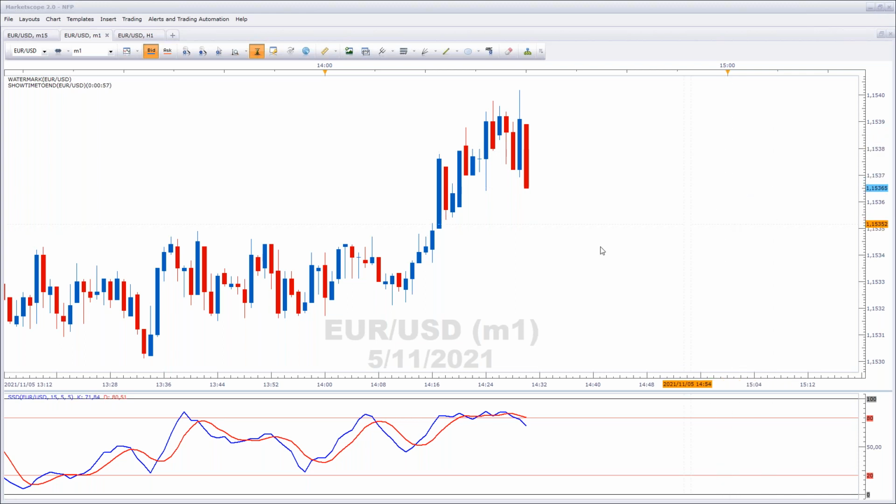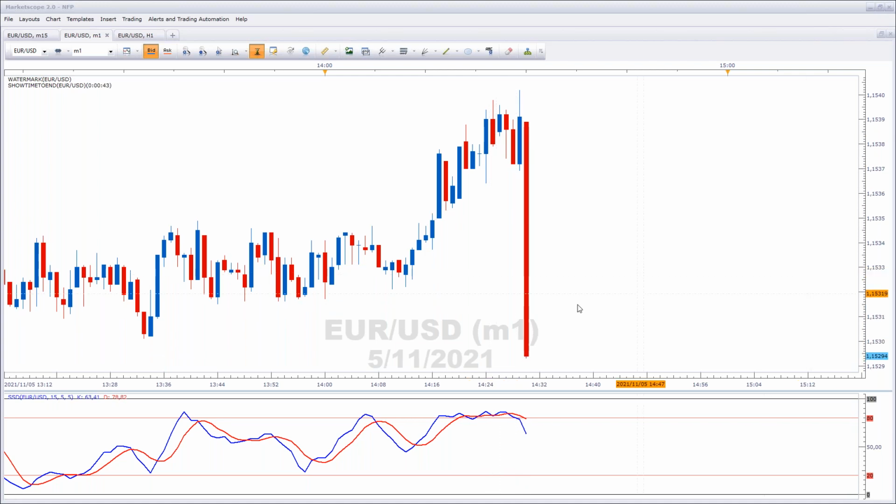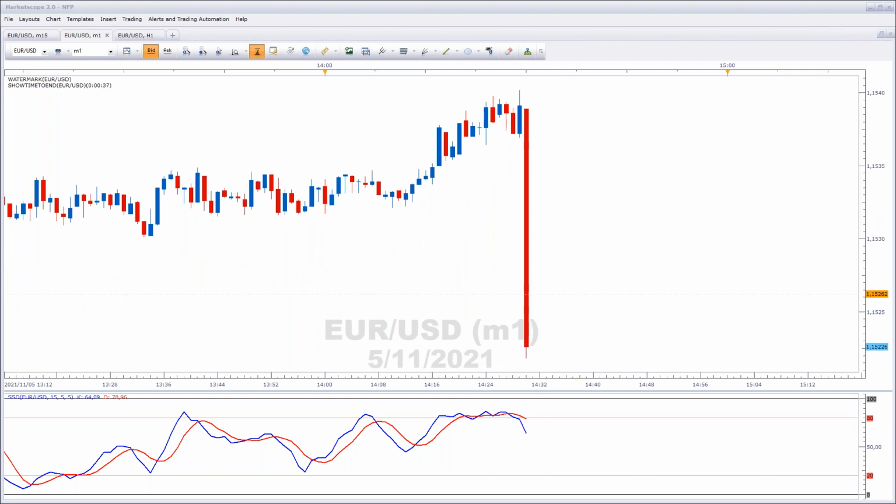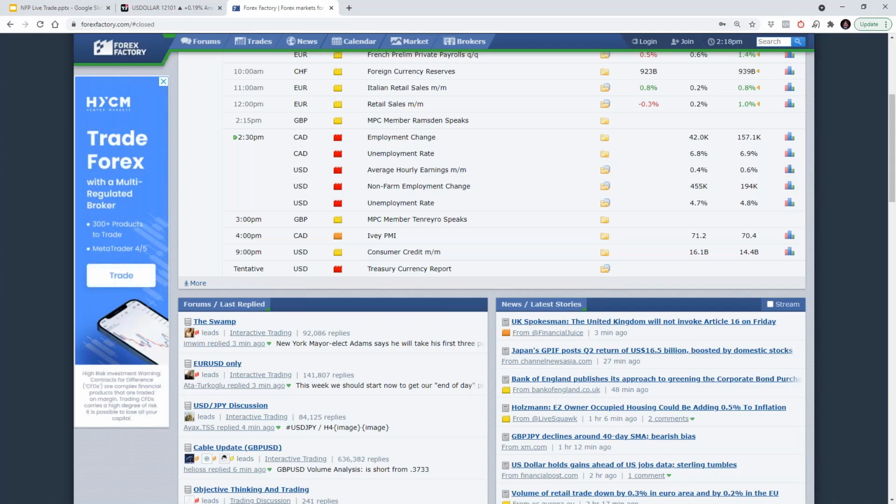All right, so at the moment, there we go. Okay, so there's the volatility. Initial impulse down, strong dollar reaction there, and we'll see if we can get some sort of indication of exactly what's come out. I'm just going to go ahead there and bring this up over here. There's so much traffic on the site right now that it may take some time.